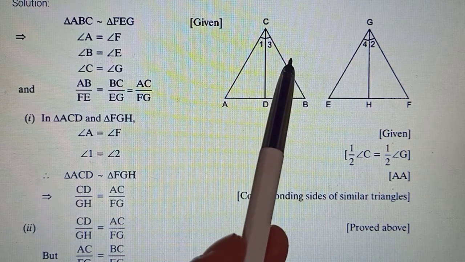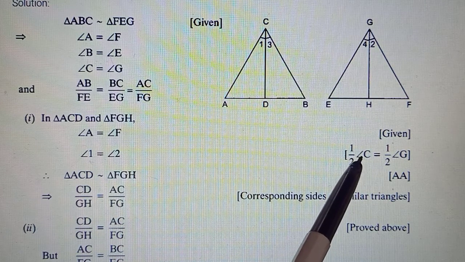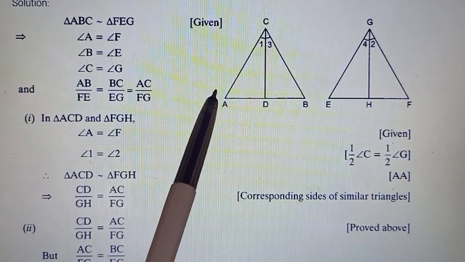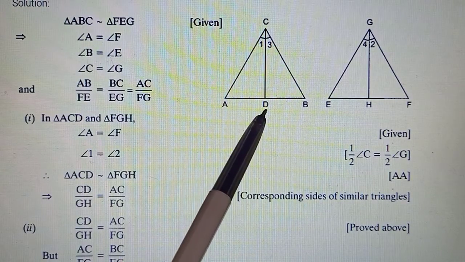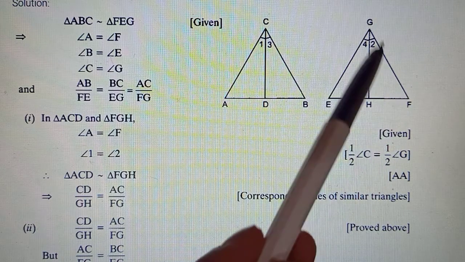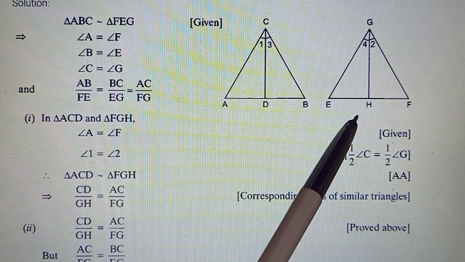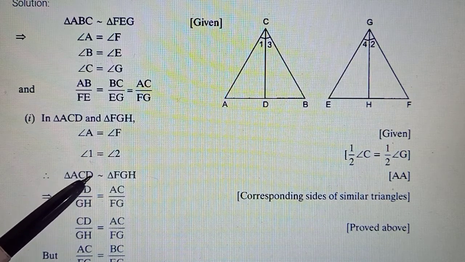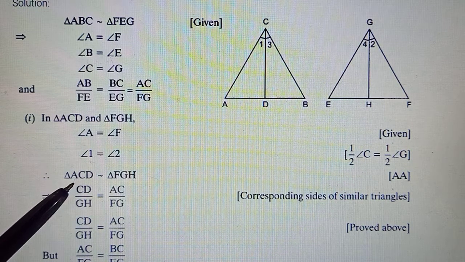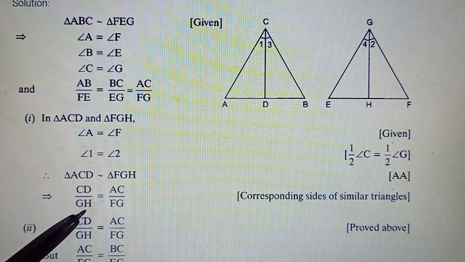Want to name it this way, or maybe you can just straight away write that if angle C is equal to angle G, then half of C is equal to half of G, and this angle ACD is half of C, and in place of half of G you can write angle FGH. Okay, so that's up to you how you want to write it. So again you have got your two angles. So by AA criteria the triangles will come out to be similar, and if the triangles are similar then their